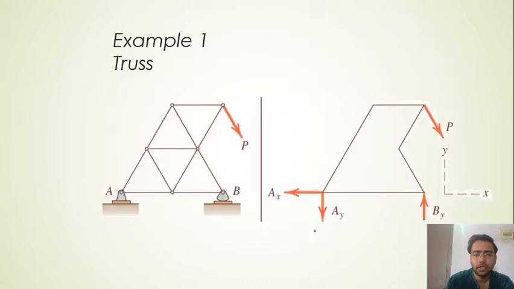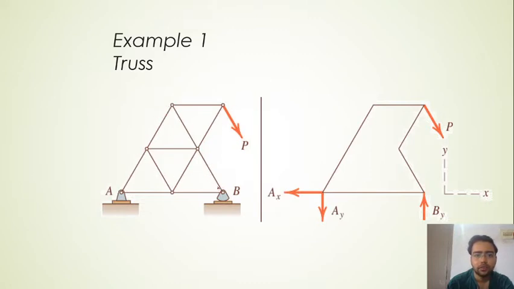So let us do some examples. I have taken an example of a truss here. We are going to cover the truss chapter in the second chapter; this is actually our second chapter. Anyway, for the sake of explaining the free body diagram, I have taken one example here. As you can see, this is a truss. This type of system is called a truss, right? And we don't care about what is inside. We just care about the external boundary here.